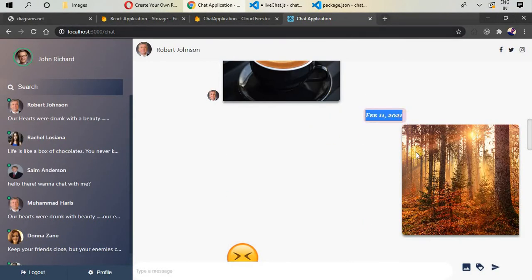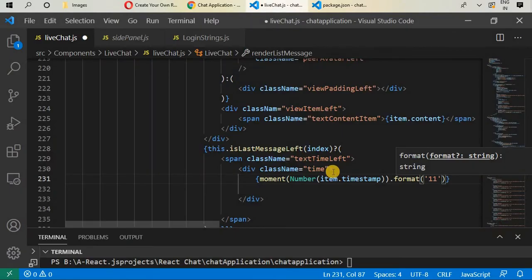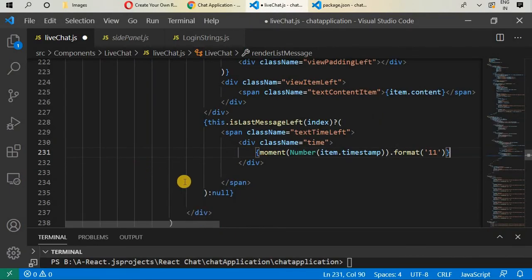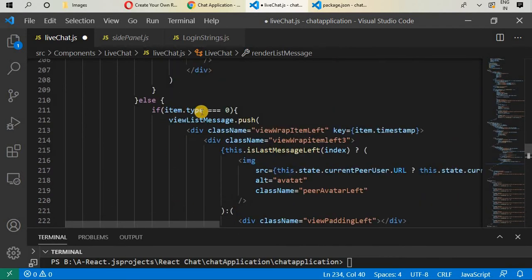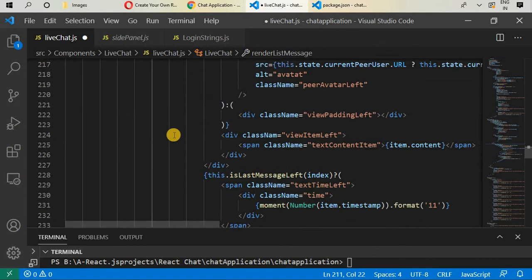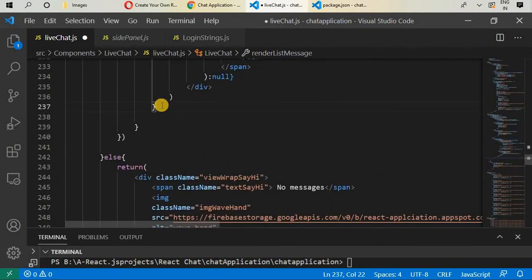Okay, and then close this div, and close this span as well, and close this div as well. Okay, now this div is for type 0, this if condition, then write else if